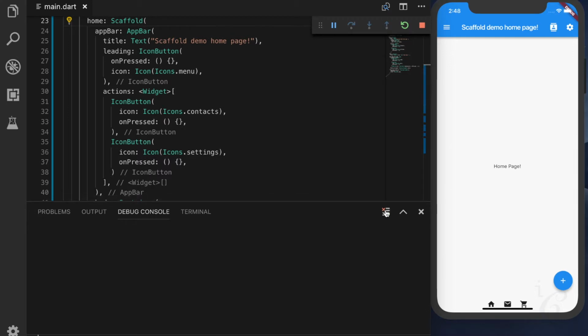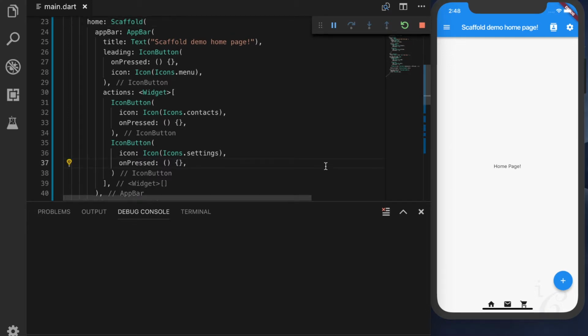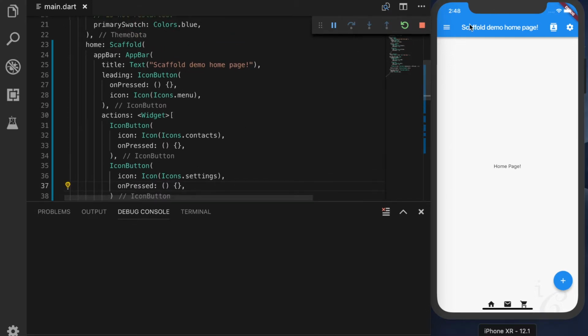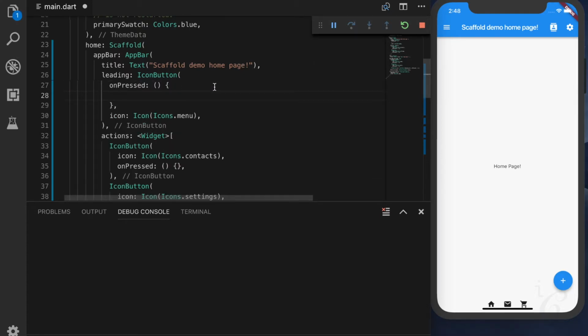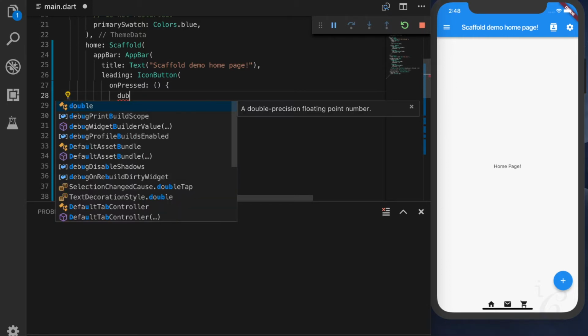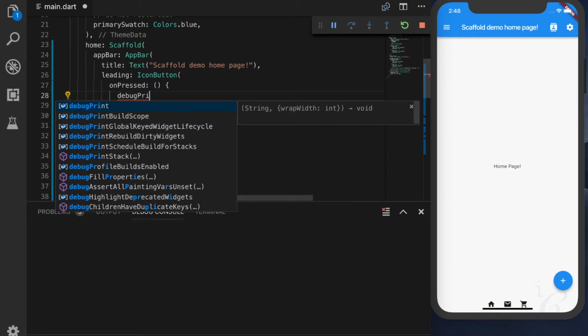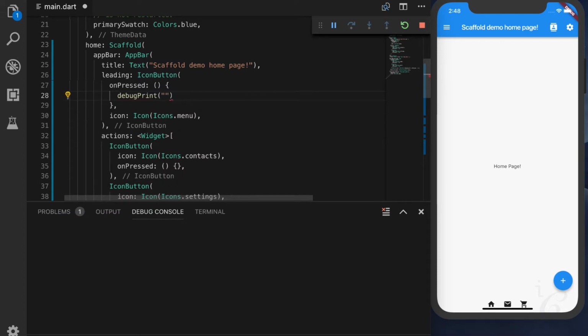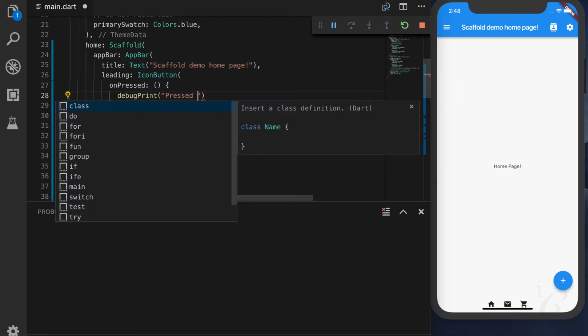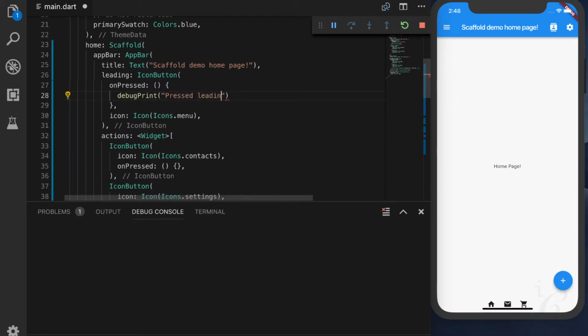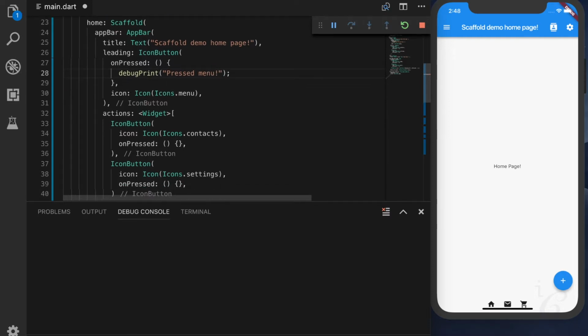So we will provide some additional functionality to the buttons we have added. Start with the first one, the leading. We just provide debug print, which accepts a message, like pressed menu. So it just prints pressed menu.